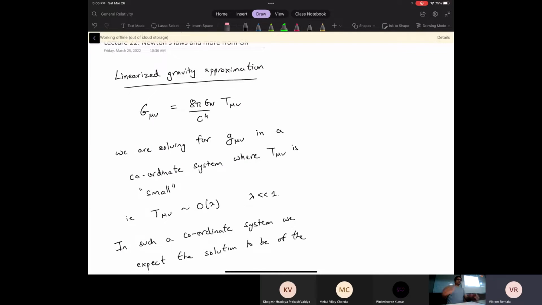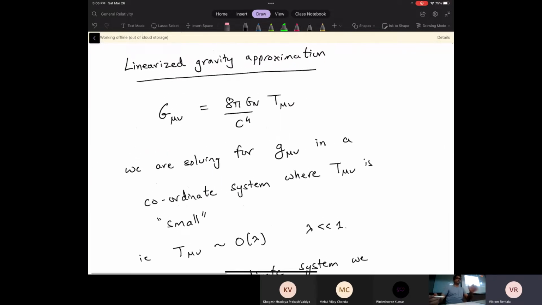Okay, so let's quickly recap where we were. We worked in the linearized gravity approximation. We solve for g mu nu in some coordinate system where T mu nu is small. We are yet to define what we mean by small, but roughly speaking, at least for the metric, we know what we mean. We mean that in the coordinate system we're working in, the components of h mu nu are small, compared to, because these are dimensionless quantities,